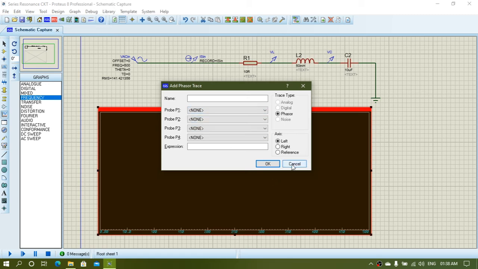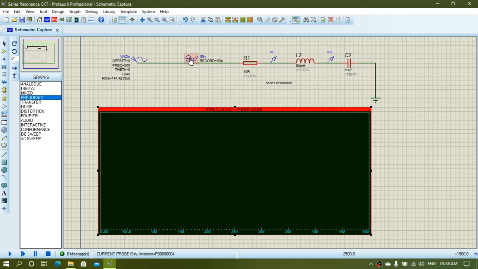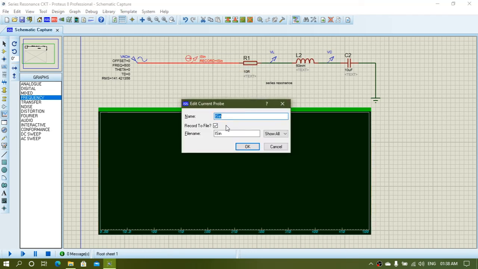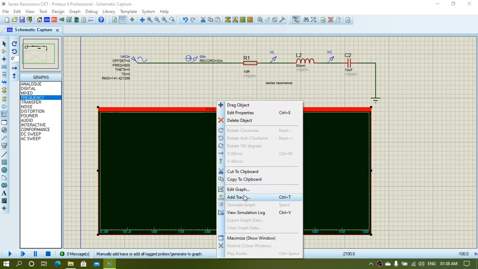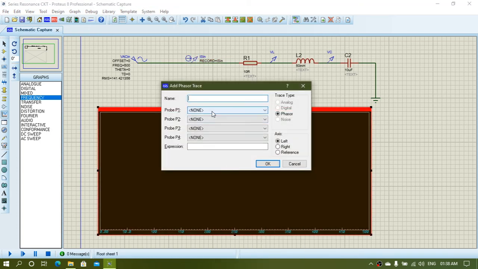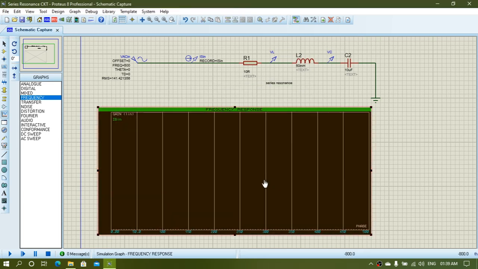I already renamed this current probe as I sign. So you will have to give the address as I sign and click OK.